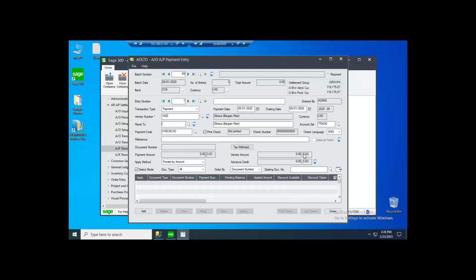Similarly, if I open the customized AR receipt entry screen and select the customer, I will be able to see the amount of the settlement group vendors here. Similarly,